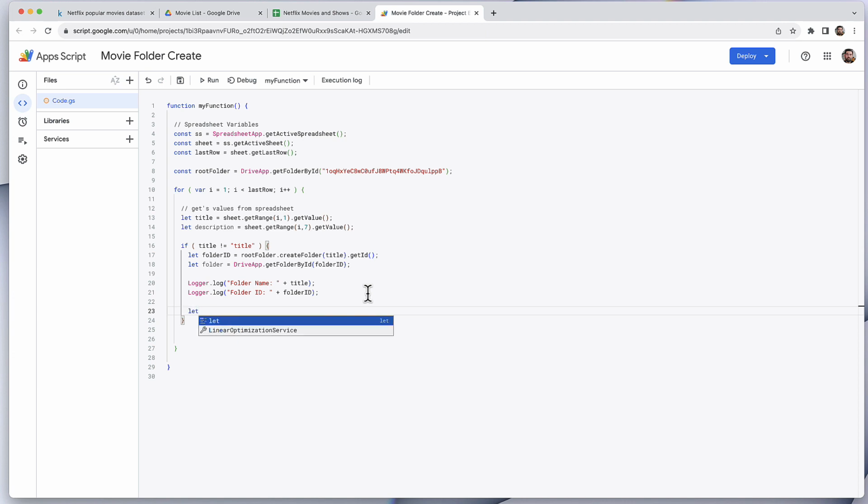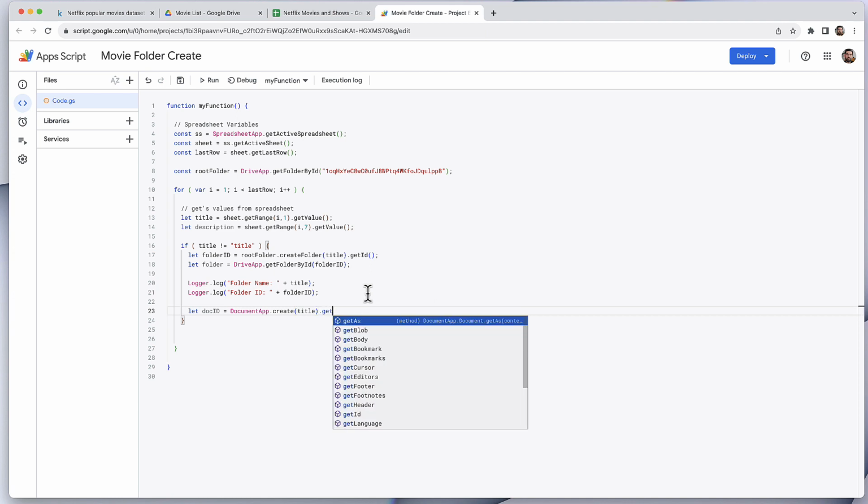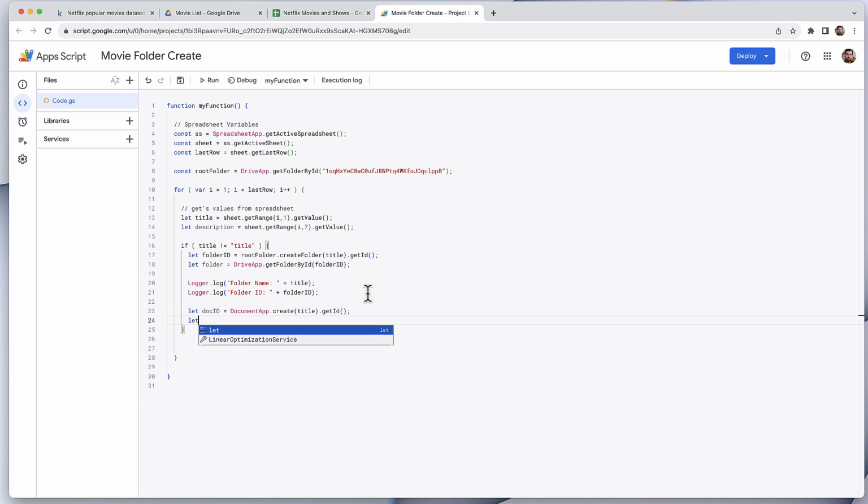We're going to say let docID equal, and this time we're going to call the DocumentApp, and we are going to say create, and we need to give it a name. So we're going to use the value of title, because that's what we want it named. And once again, we're going to ask AppScript to go ahead and grab the ID for us. So it's going to create the file, give it the name that we want, and then it's going to pass back the ID. And like we did previously, I'm going to do let document equal